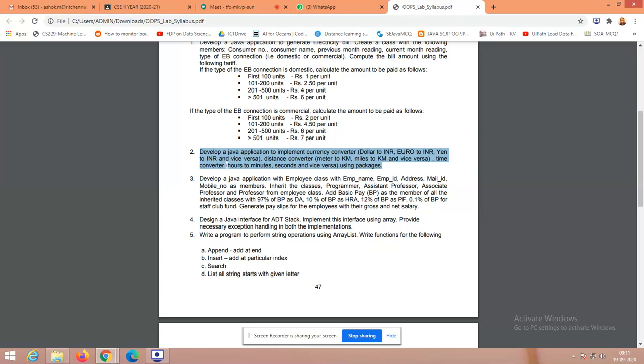Time converter as well. So what are we going to proceed with? Converter is the general interface here. Okay, converter is the general interface. So what are all the parameters to be passed, depending upon the application that I am going to choose? Either I am going to go for a currency conversion or a distance conversion or a time conversion. Only these three things are going to vary here. Okay, but the general interface is conversion. That could be your method.